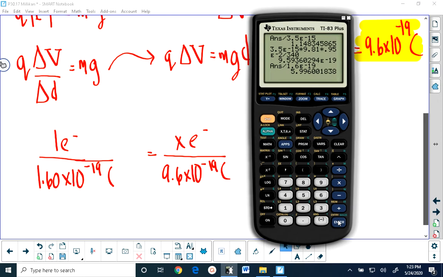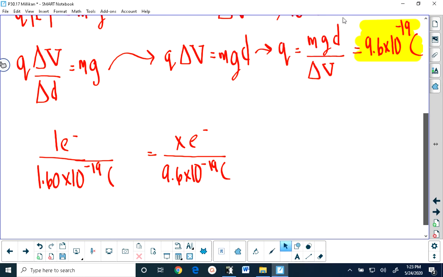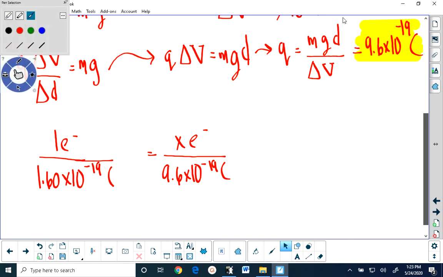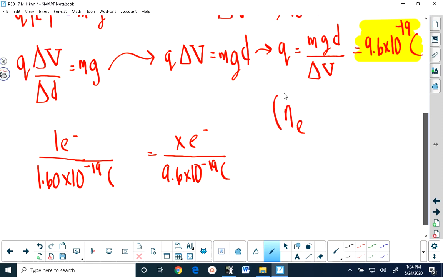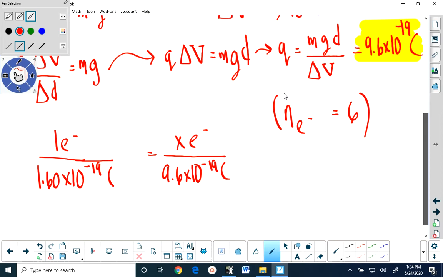And you get 5.996, which would round to 6 electrons. I don't think you will ever get exactly a whole number, because all of these numbers have some rounding in them somewhere. So the number of electrons that we are dealing with here is 6. And that's the second part